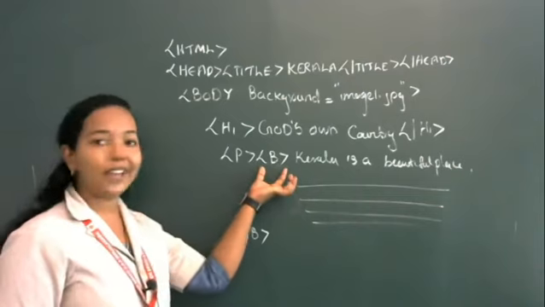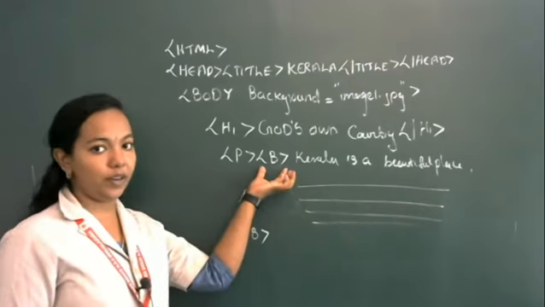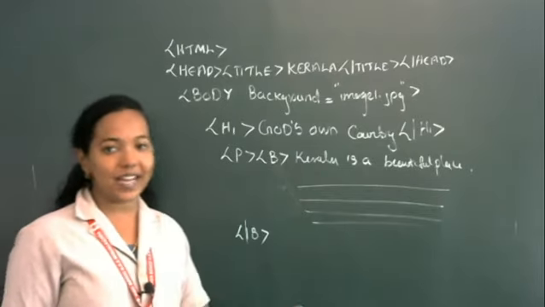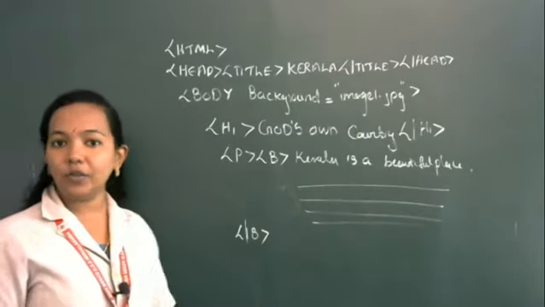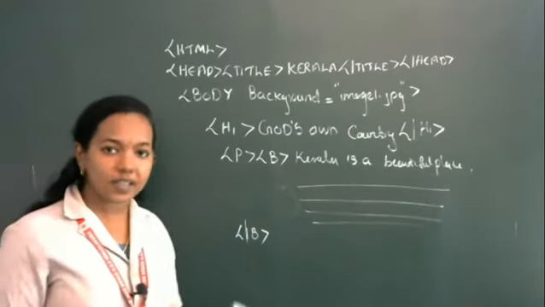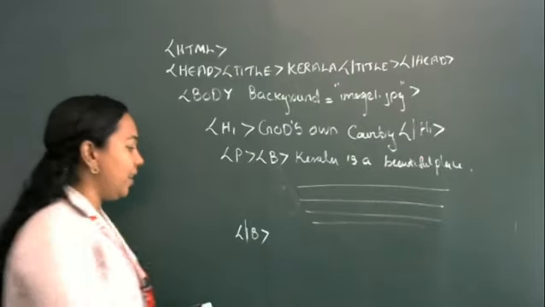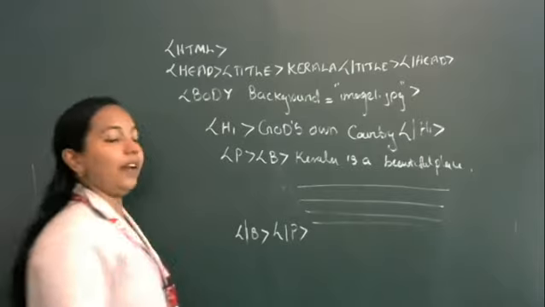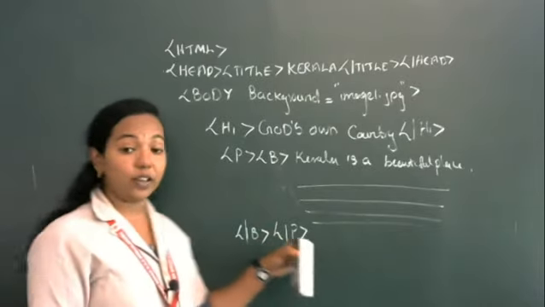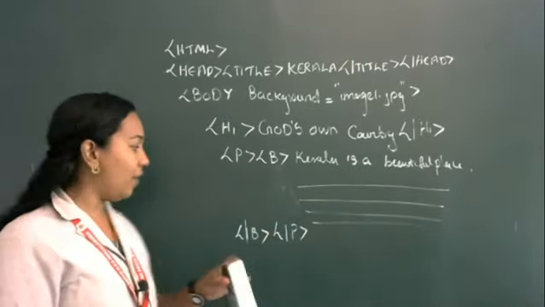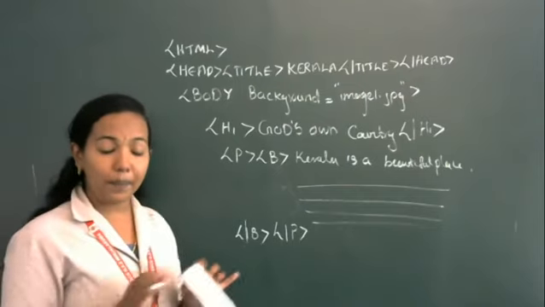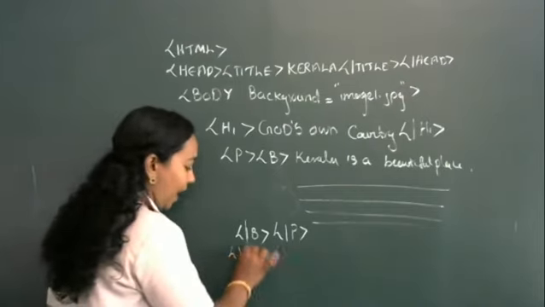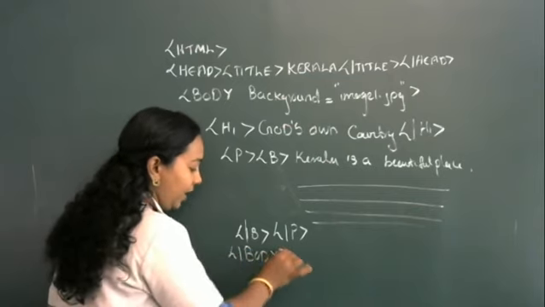using the B tag we can make the text bold. Then the I tag we can use for converting it into italics, and underline also we can use. So whatever is necessary, you include. Next, close the B tag and then close the paragraph tag. That means we are concluding the paragraph. Once the paragraph is over, you want to close the body tag, and close